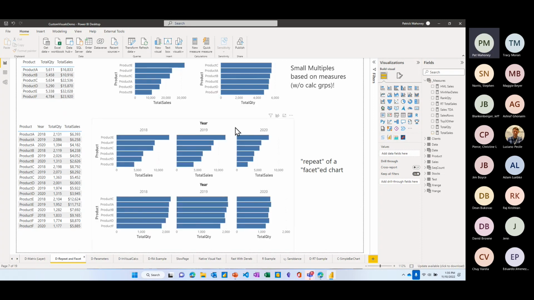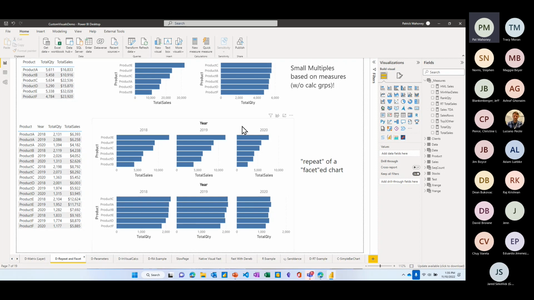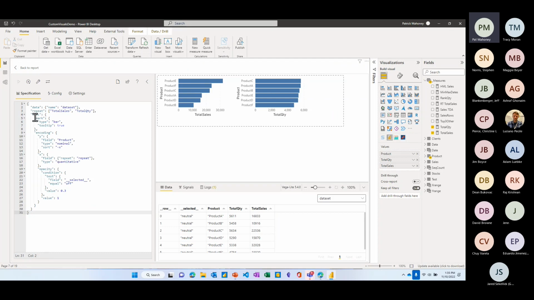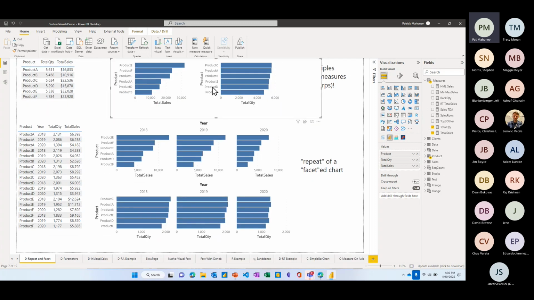Deneb also has some great functionality for doing small multiples and actually just concatenating completely different visuals together. I'll show you an example of that in a minute. But this is just using the repeat functionality, where if I go into the spec here, I create a chart that I like, right? So I've got my spec down here of the chart, and then I say, hey, I want you to make the same chart, and I want you to repeat that spec for both measures that I've added into my visual. So I've got a sales and a quantity measure here, and then boom, I've got my small multiple there